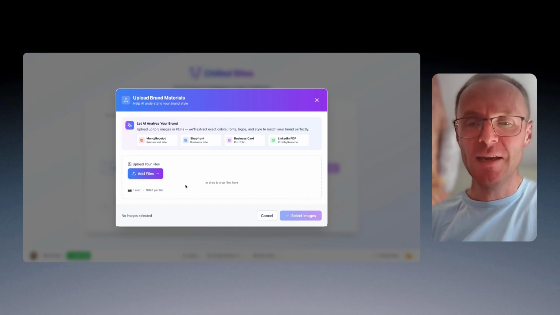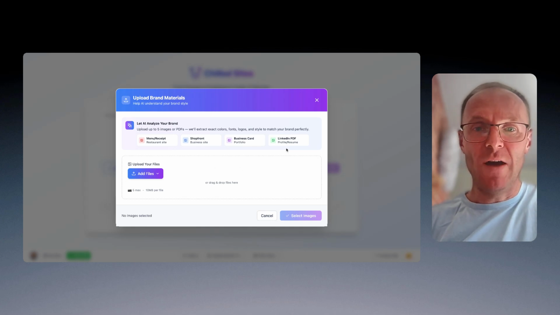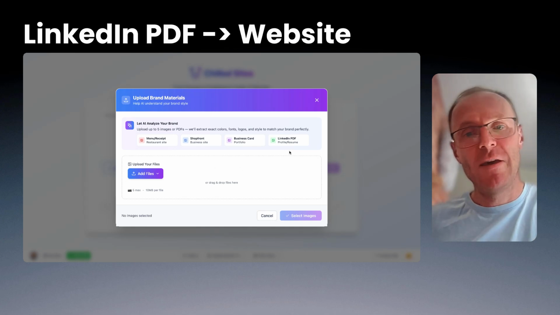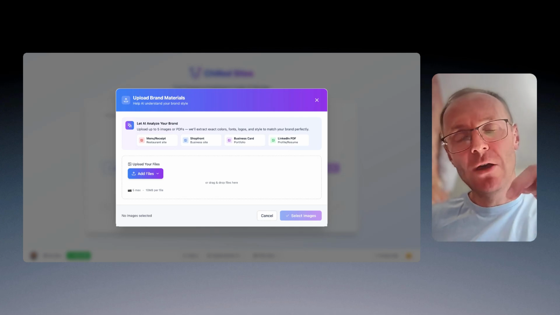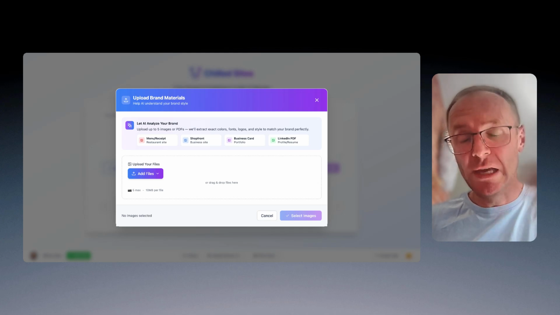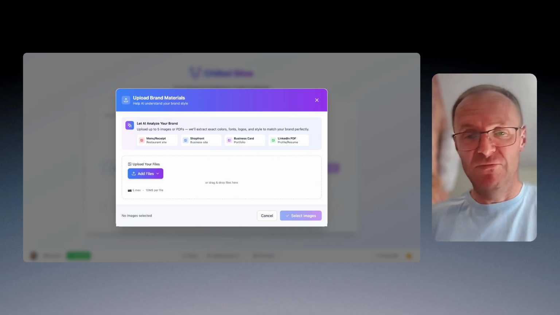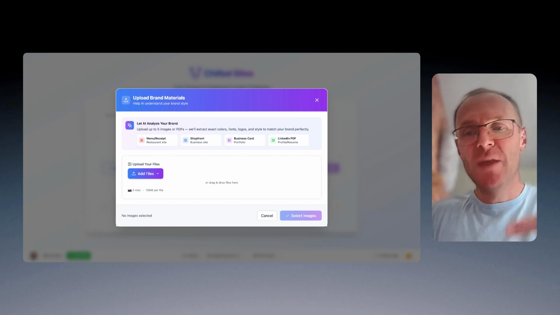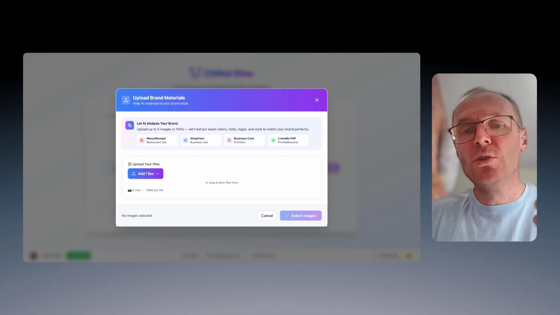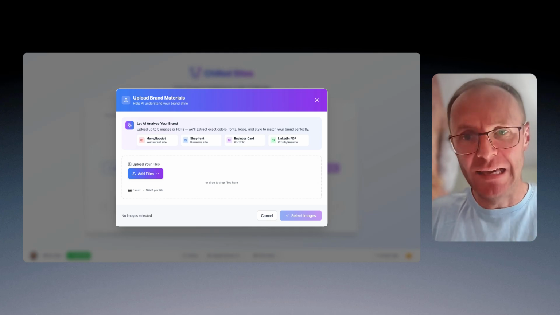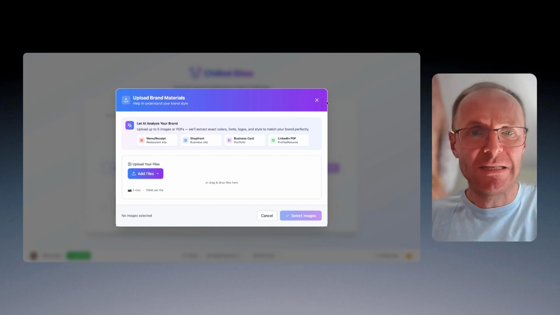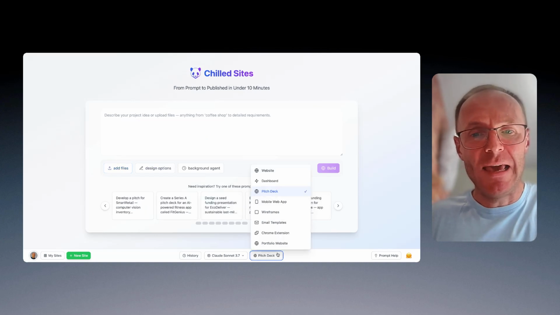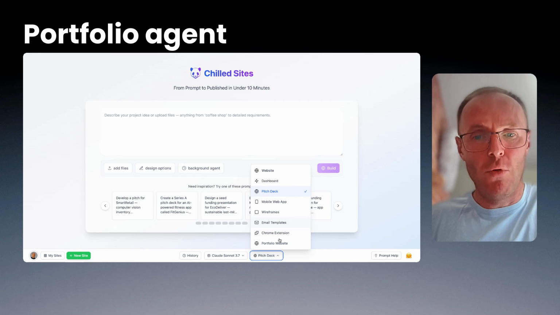Anyway, come along here. We have this LinkedIn PDF resume builder. So go along to LinkedIn. You can download a PDF version of your LinkedIn. Anyone can do that. It's free and easy. Upload that here. We will detect it's a PDF LinkedIn profile, and automatically in here we have this new portfolio